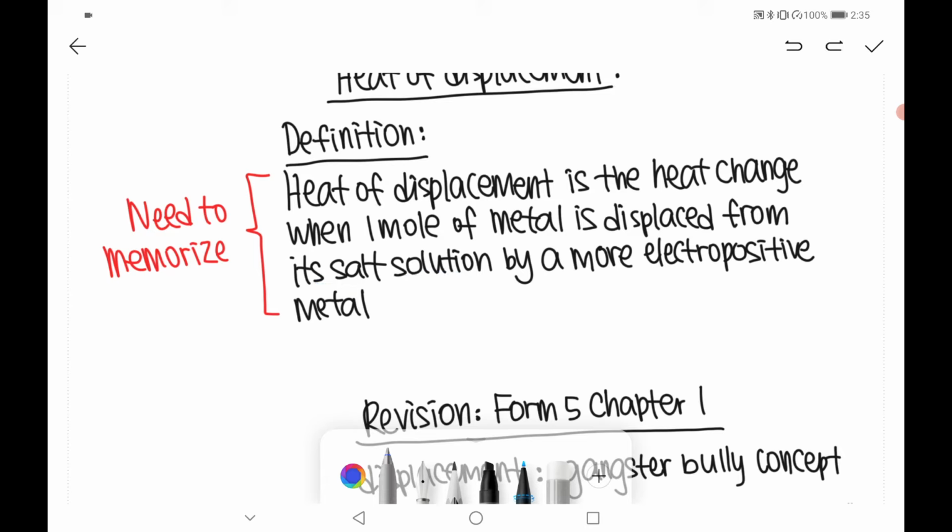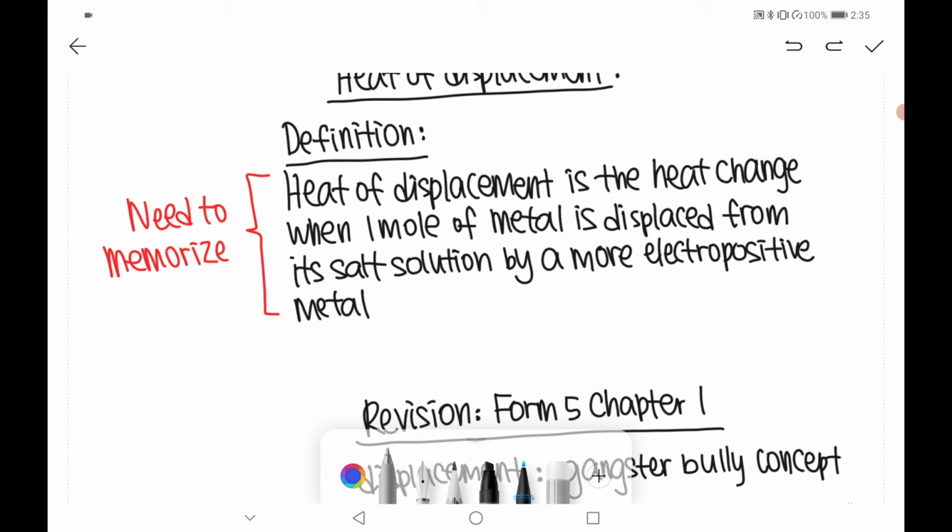Okay, so this is the definition. Now we just need to copy this whole thing, but we need to modify. So let's copy it first. Heat of displacement is the heat change when